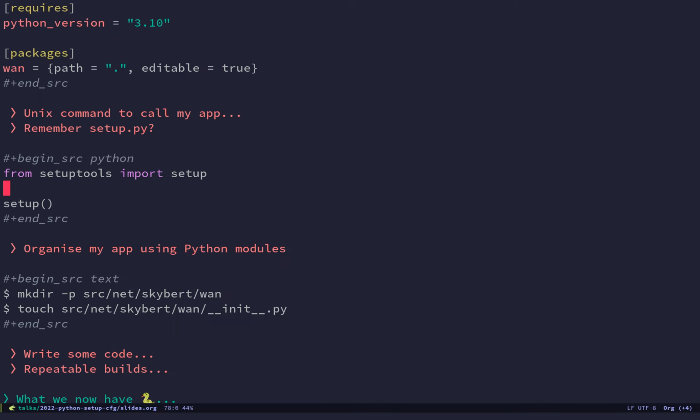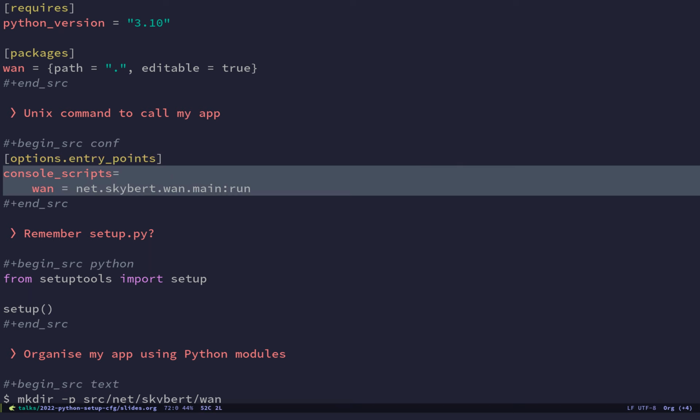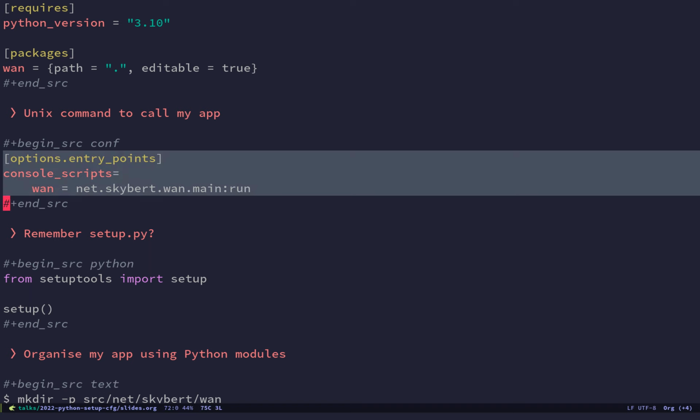let's see, where did I put the notes on that one? Yeah, we want an entry point. So this is to get the Unix command to work. We need to define what should happen when you type 1 inside of the right environment, given that Python is set up correctly and the path is correct. So we need to add this here to